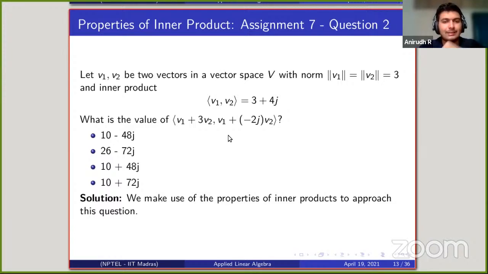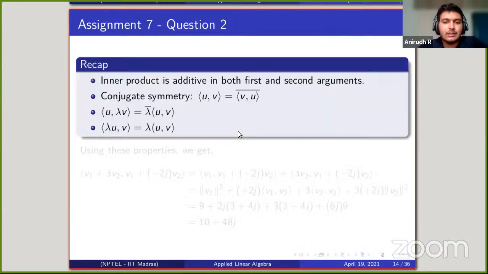So as you may have expected, we just use the properties of inner product to approach this question. Next. So a recap, the properties which will be useful here are that inner product is actually additive in both first and second arguments. That is an important property we'll use. And the conjugate symmetry, as well as these 2 properties, where if you have lambda v in the second argument,